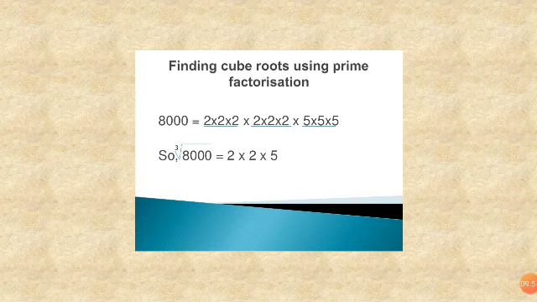So the cube root of 8000 equals, take groups of 3. Take a single number from each group of three: 2 into 2 into 5. Take a group of 3 means single. Already you know that for square roots, we take a pair of 2 and take a single number. So 2 into 2 into 2 gives a single number 2. 5 into 5 into 5 gives 5. So 2 2s are 4. 4 5s are 20.